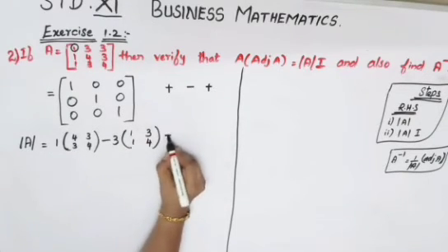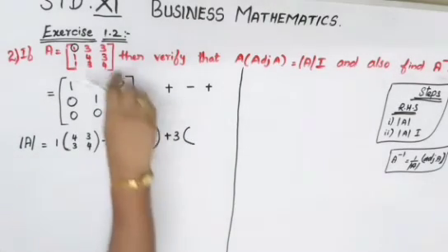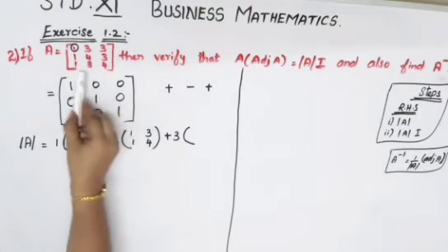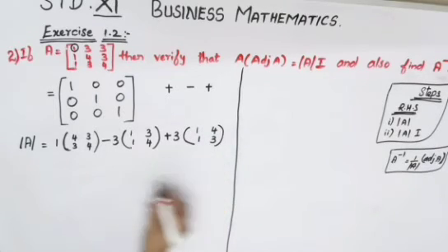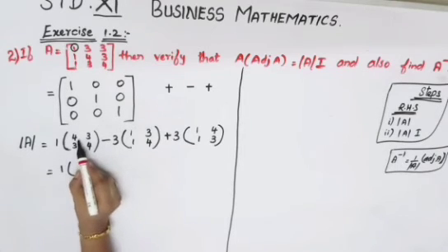Then the next one is plus. The last element is 3. Open your bracket. The row and the column has to be eliminated. So left out is 1, 4, 1, 3. So that is your minor. Now you will have to solve it. So as it is what you have done in your cofactor.